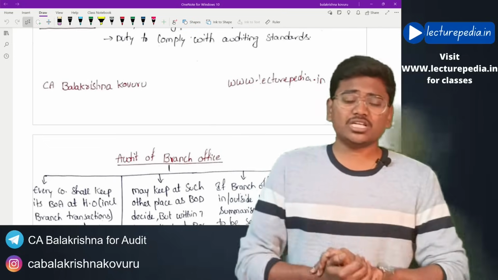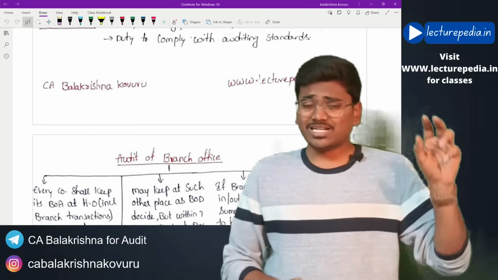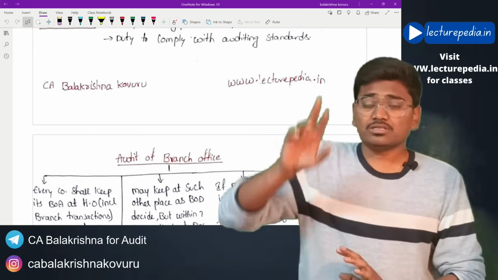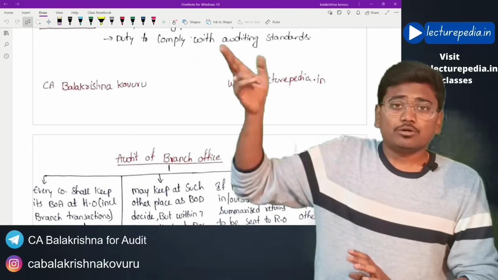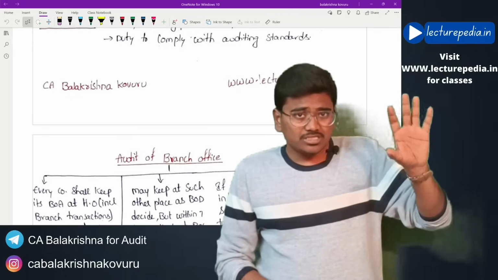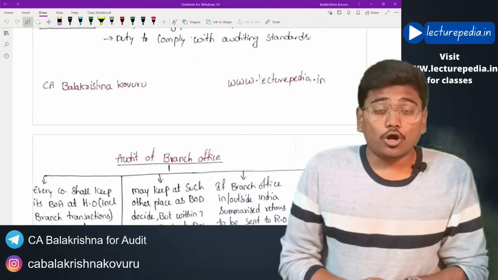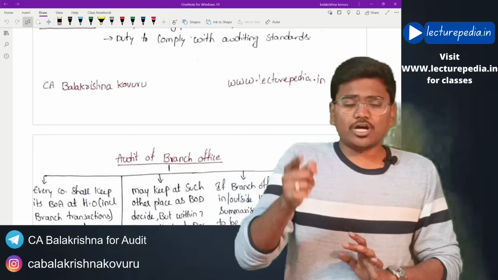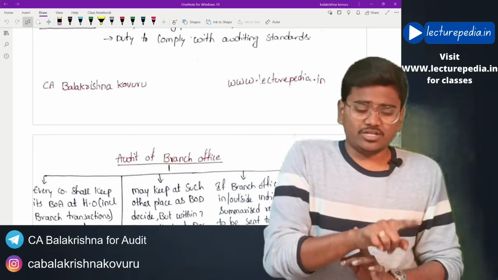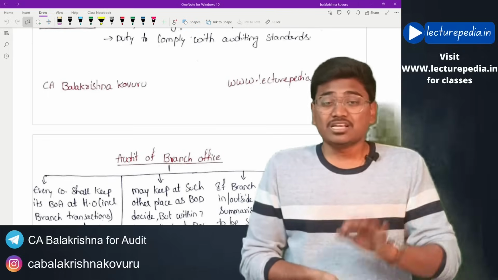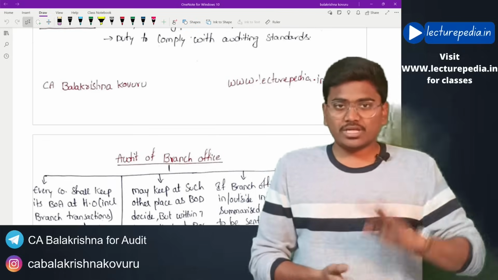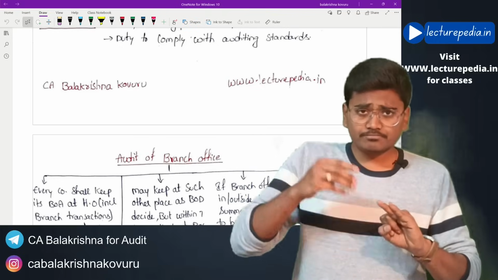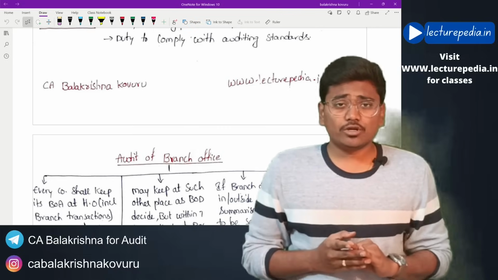This fraud reporting will be bifurcated into two. One is where the amount involved in the fraud is less than 1 crore rupees, and another where the amount involved is more than 1 crore rupees. If the amount involved is less than 1 crore rupees, then the auditor has to report the fraud to the audit committee or the board of directors. If the audit committee is present in the company, to the audit committee; if not, to the board of directors. Within 2 days, the following has to be reported: the amount involved in the fraud, and who are the persons involved in the fraud.